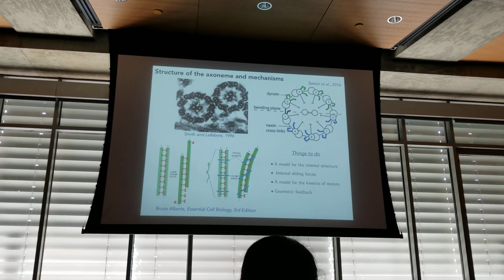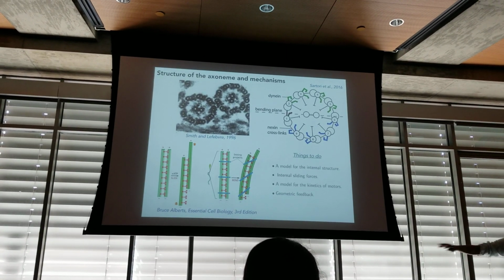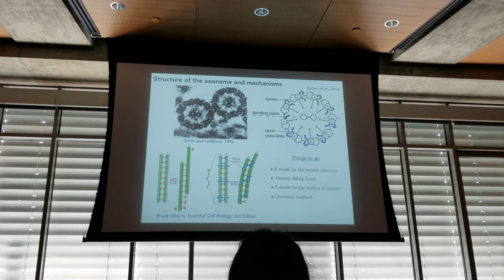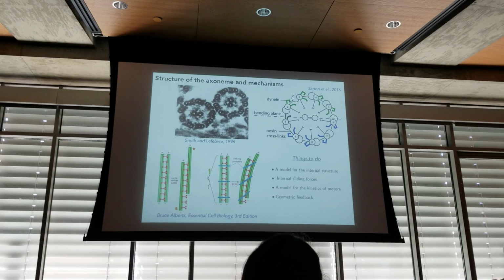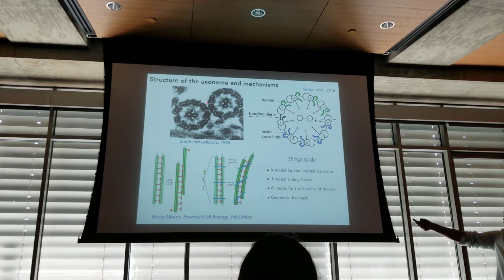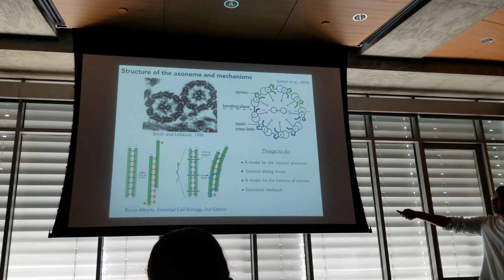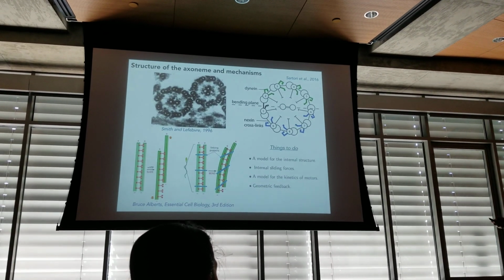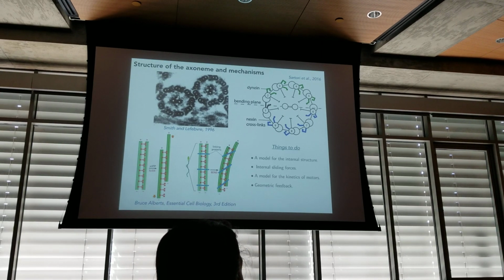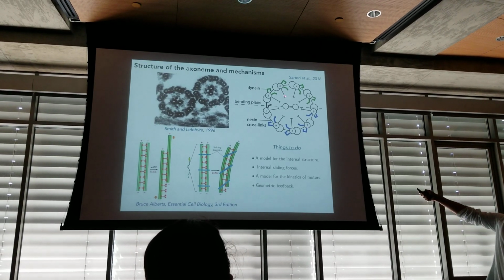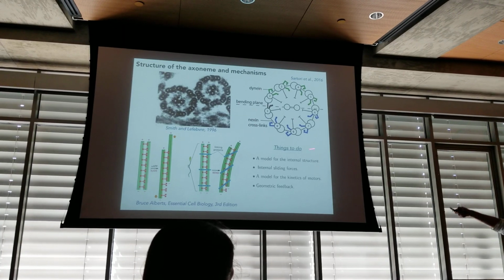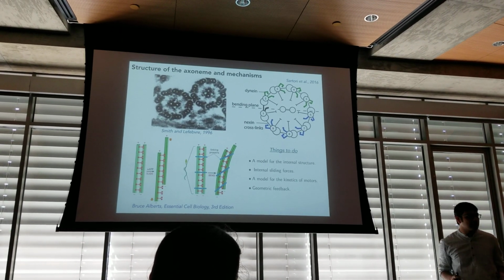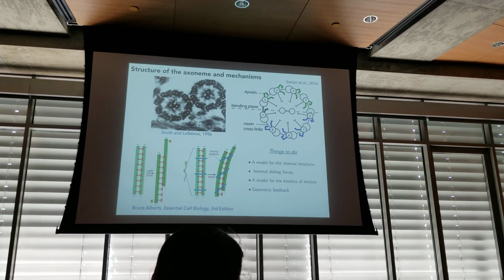I told you cilia and flagella are these thin hair-like objects, slender filaments, and it turns out they have a very similar internal structure. It's called the axoneme. If you take a cross-section of the axoneme and put it under an electron microscope, you always see something of this sort, where there are 9 microtubule doublets arranged in a circular fashion. I don't want you to get lost in jargon, but essentially microtubule doublets are just biological polymers, again thin, long objects. In the schematic, there are these 9 polymers arranged in a circle, and they're connected with each other through what are called nexin links. These are protein links that provide structural integrity to the whole thing.